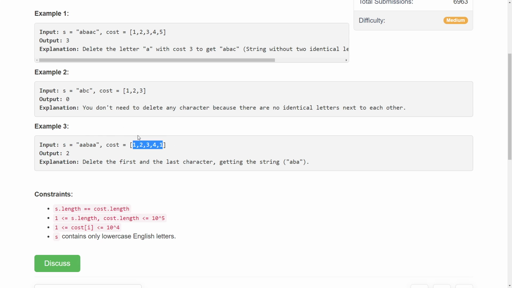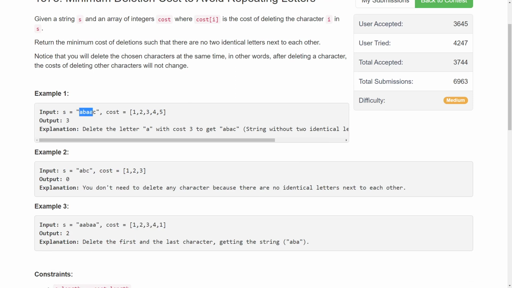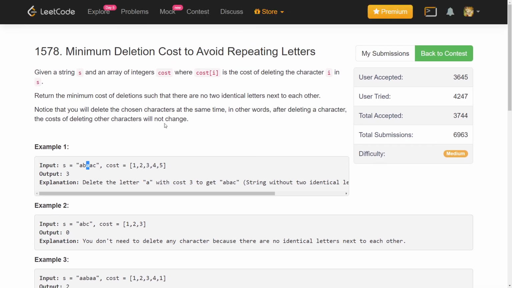So for example, if I look at this case, ABAAC, which character do I need to remove? I have two options. I have to remove one of them, right? The costs are 3 and 4. I just need to remove one of them and I want the cost to be minimum, so I will remove the one with cost 3. That's the minimum cost.